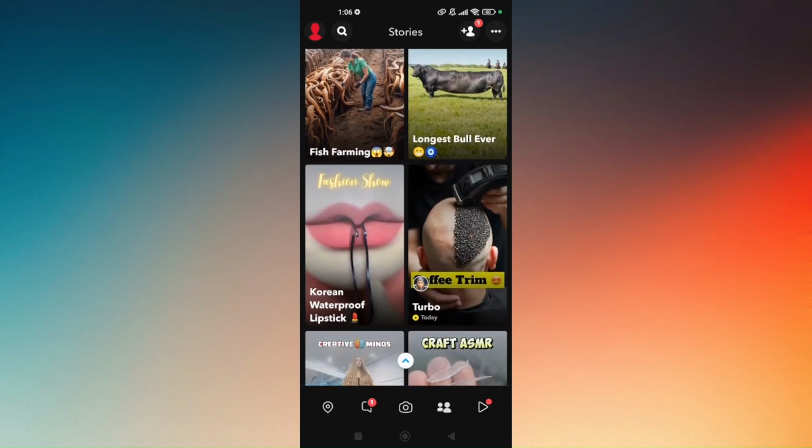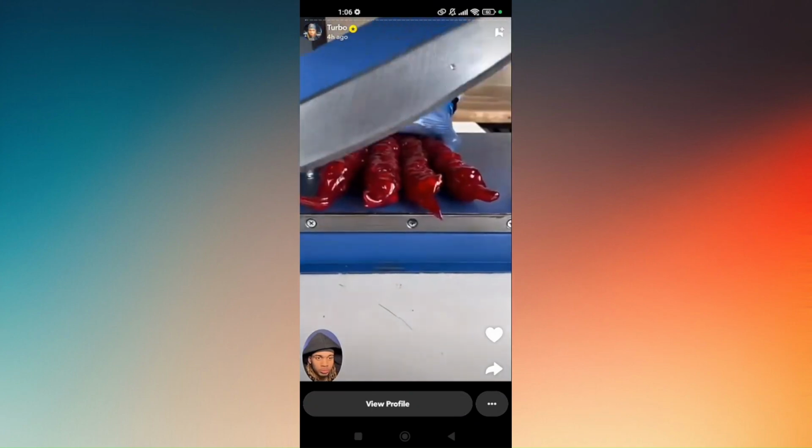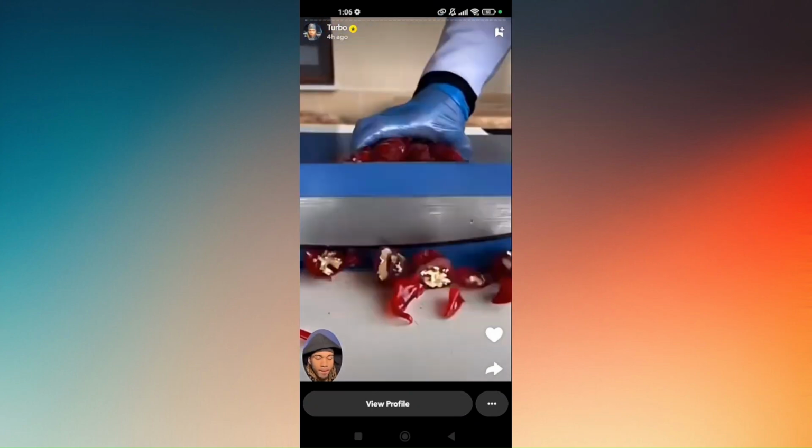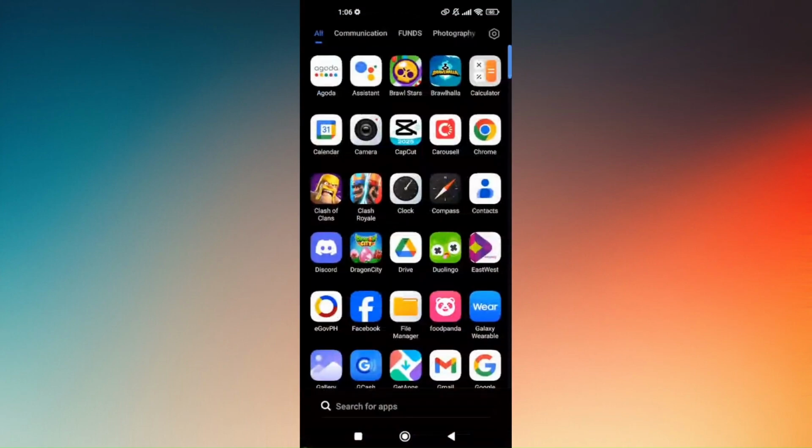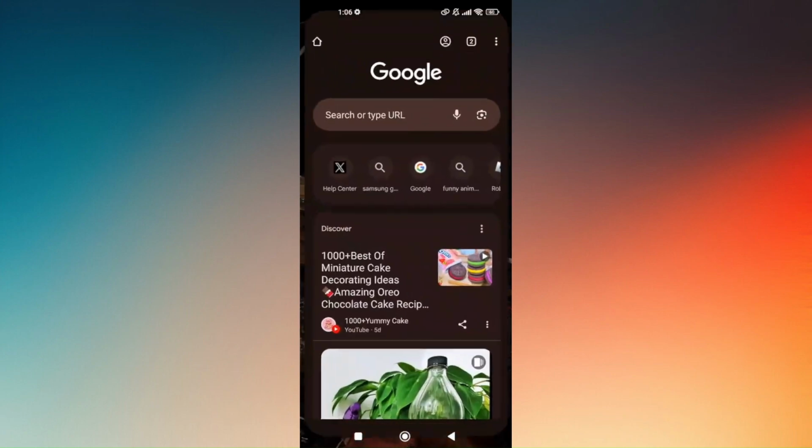So say for example, this video. What you want to do from here is just to select the share icon and just go ahead and copy the video URL. Now just head over to your phone home page and just pull out or open up